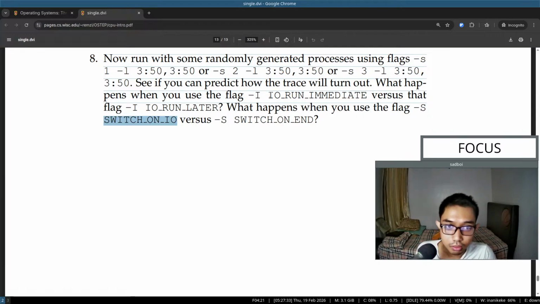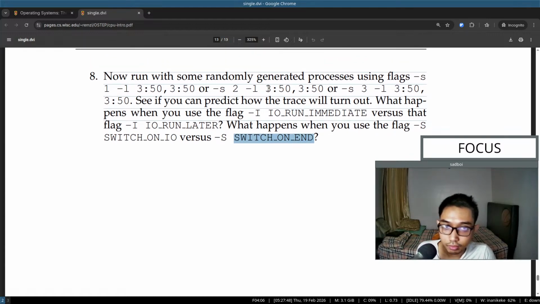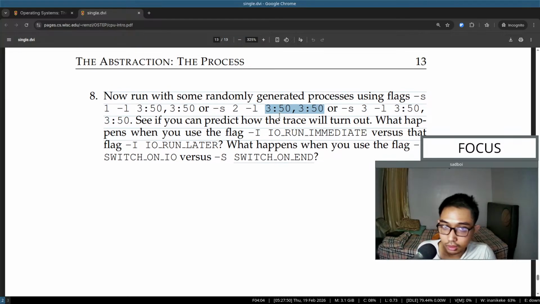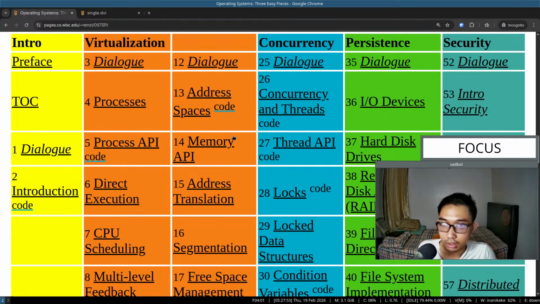The flag will really have an effect depending on where the input output is. Is it on process 0 or process 1, right? Okay, anyway, let's move on to